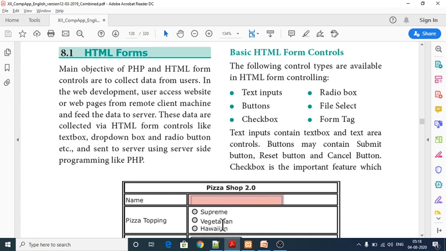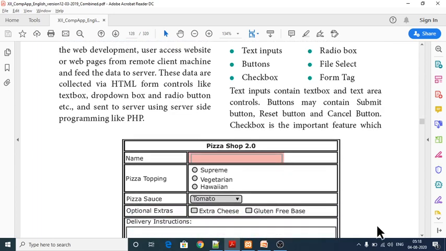These three things are known as radio buttons. And under the radio button, this is known as a drop down list box. While clicking the drop down list box, a lot of items will be there, and from that you can select any one. And these two are known as check boxes. While using checkboxes you can select both the things, but using radio buttons you must select any one among the three.